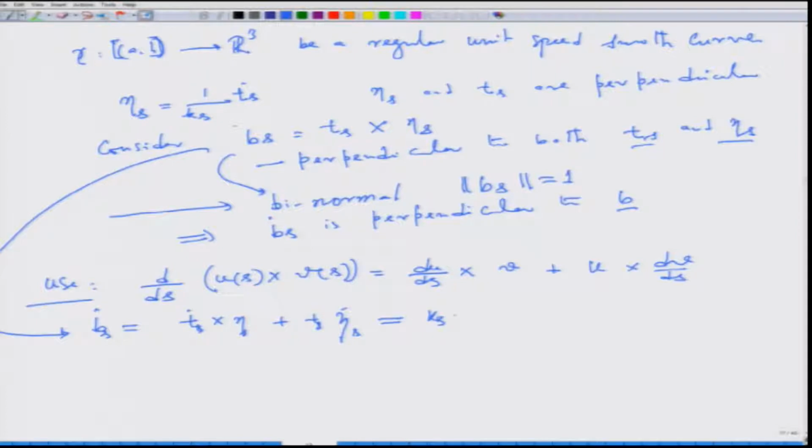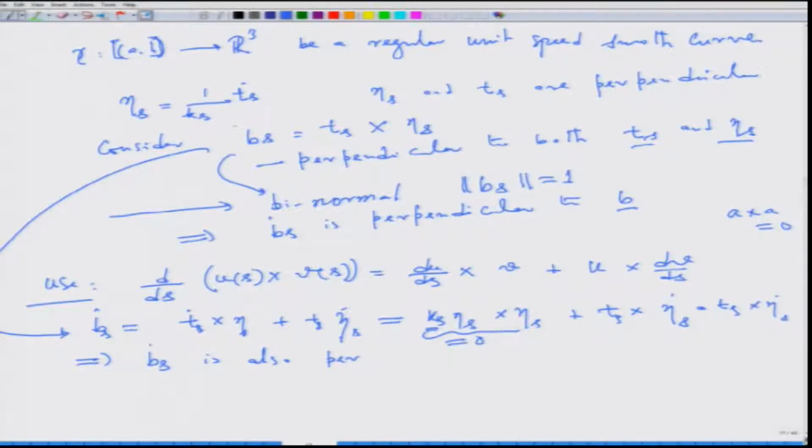Look at the formula for the curvature: B dot s is equal to minus k s eta cross eta s plus T cross eta dot s. Let us keep it. So, this will tell us that B dot s is also perpendicular. Now, this first term is 0, because k s is a scalar quantity and I am taking the cross product of eta s with eta s. Cross product of A with A is 0. So, this is equal to T s cross eta dot s. So, what it says is B dot s is also perpendicular